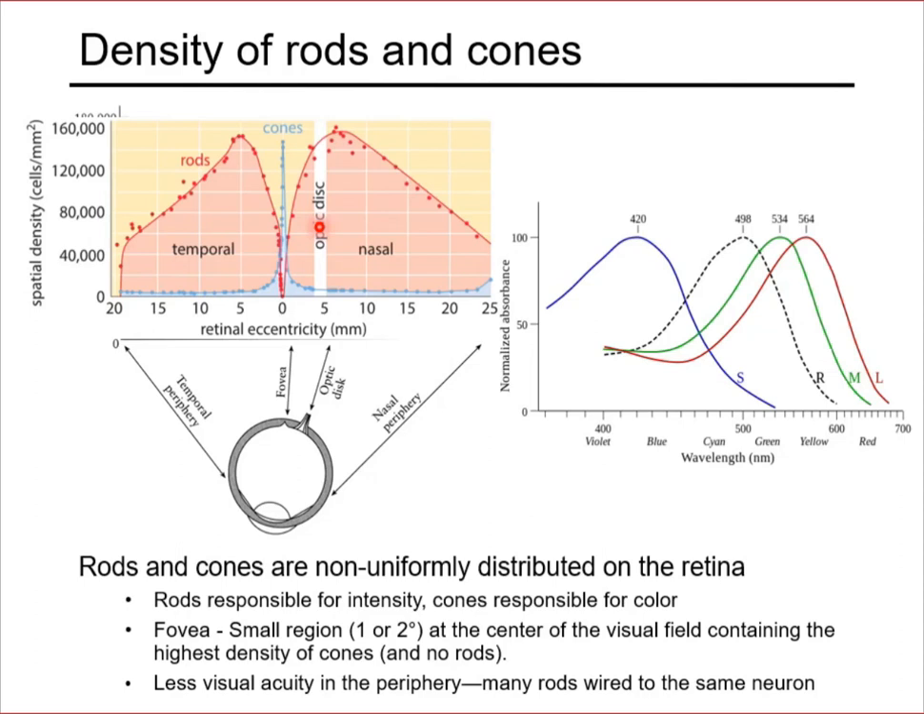And there are three different types of cones. This is the short-wavelength cell, the medium-wavelength cell, and the long-wavelength cone. They respond to different types of wavelengths. So the short-wavelength cell works for